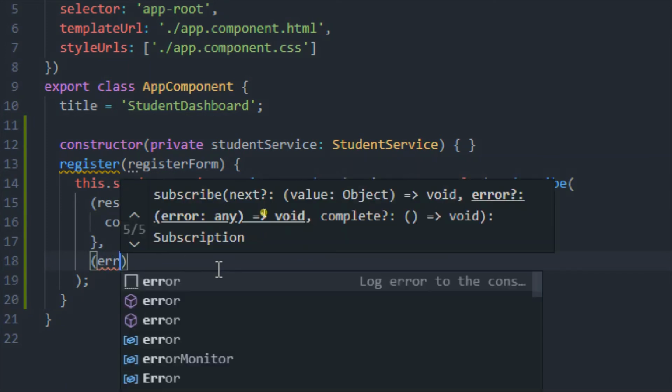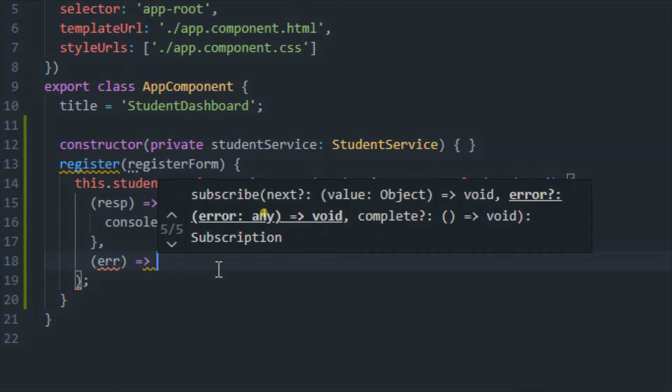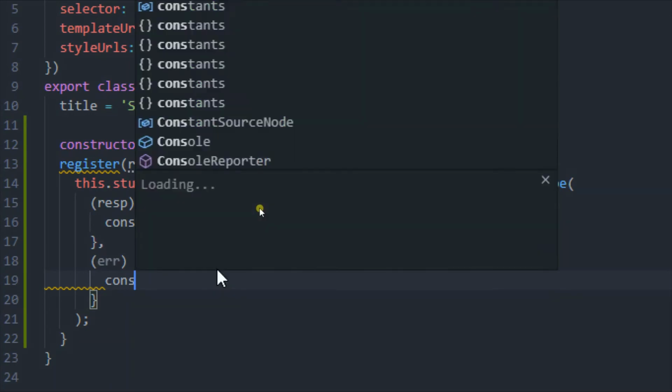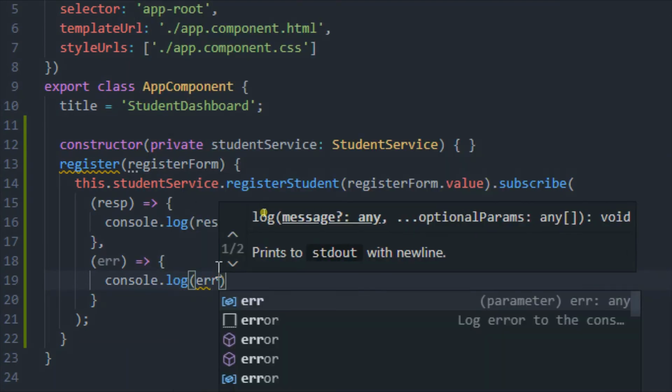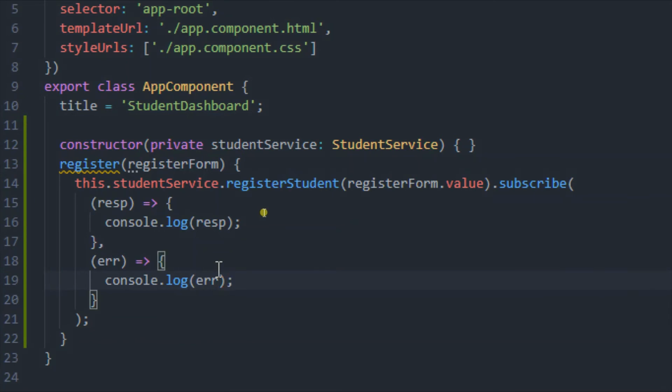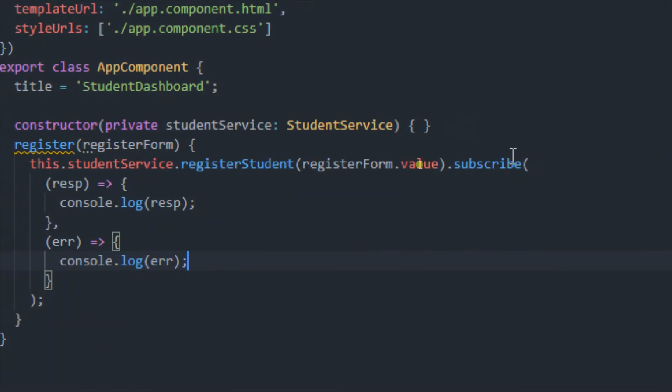So let me just take this variable called error and console.log error like this. Now the code is done. So these subscribe and all these things, if you are new to Angular, then you don't need to worry about that. Just follow this step, and if you already know, then that's good.